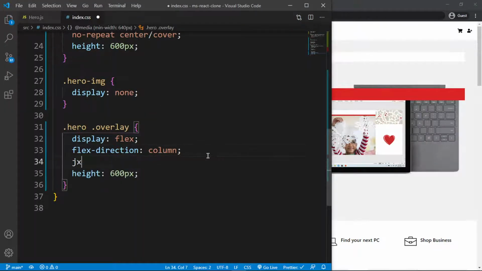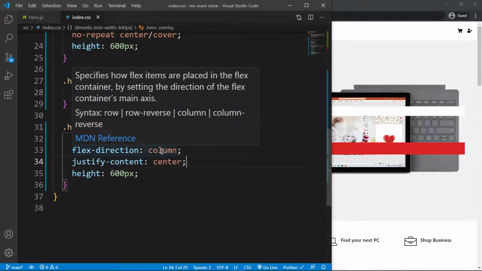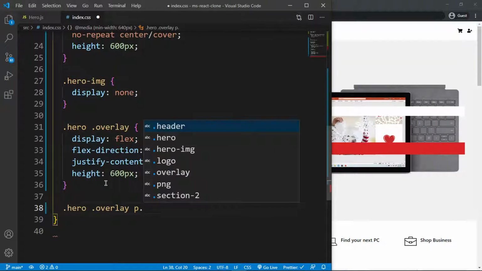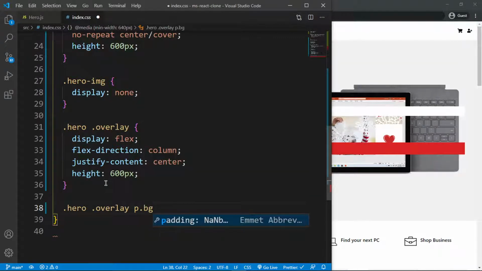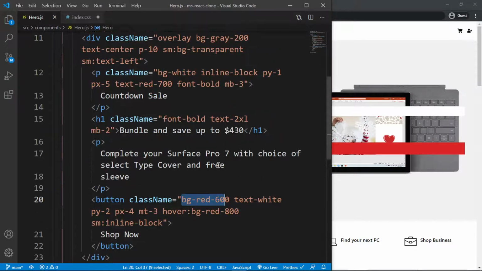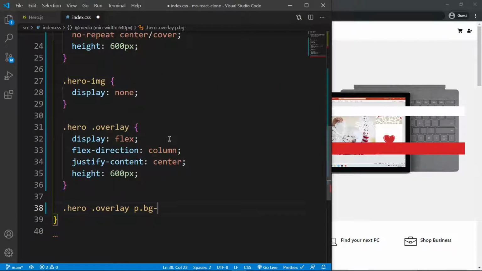Okay, so I need justify center so that it moves down, and then okay, you know what, let me do this hero, and I want the overlay class, and I want the paragraph with the class of bg dash, what did I have here? This is bg red 600 and this is bg white. Okay, so I want the paragraph with the class of bg white, and let me say display inline